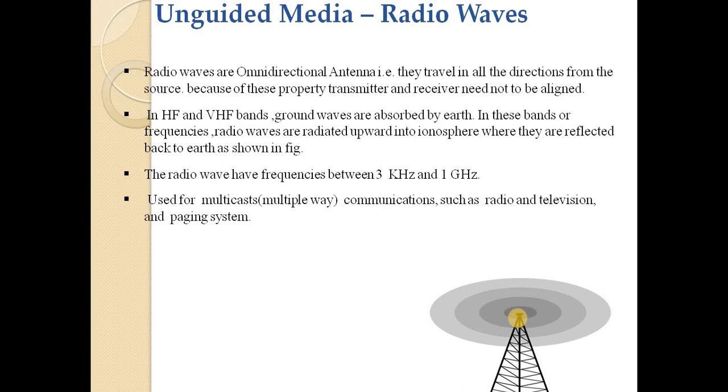The very high frequency radio waves that reach the ionosphere, which is a layer of charged particles approximately 400 to 500 km above the Earth's surface, are refracted by it and sent back to the Earth. These bands are used by radio operators to talk over long distances, and they are used for military radio communications. Means radio waves are used in military radio communications.